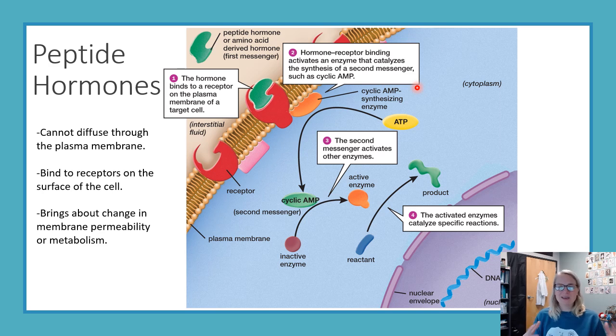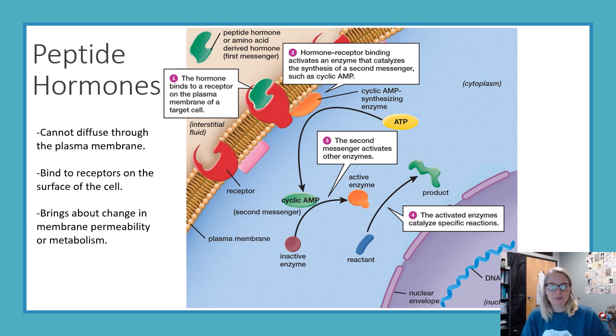So all of this busy kind of chemical reactions take place, and then the change is usually going to be a couple different outcomes. You might change the permeability of the cell, like it might open channels to allow sodium to rush in or calcium to rush in or out, or it could change metabolism by activating enzymes. So this little orange enzyme is the end result of all of these arrows, and then the enzyme can make a product. So maybe that's activating ATP production, or changing some other process inside of the cell.